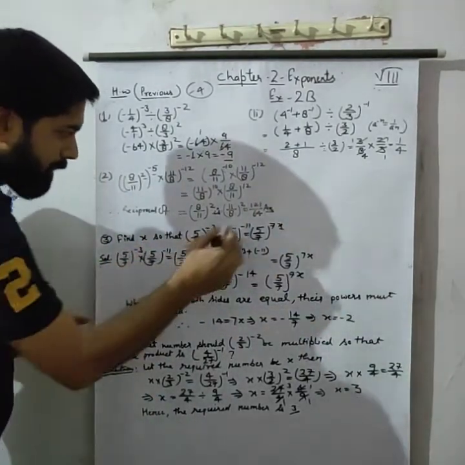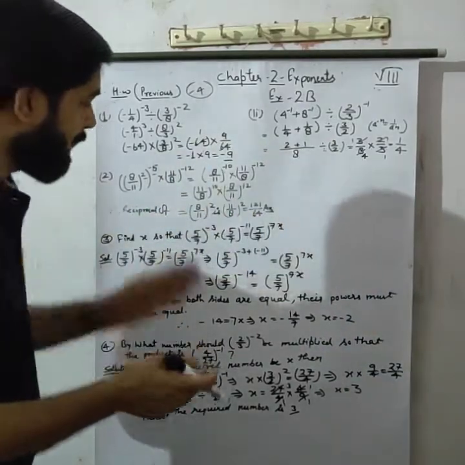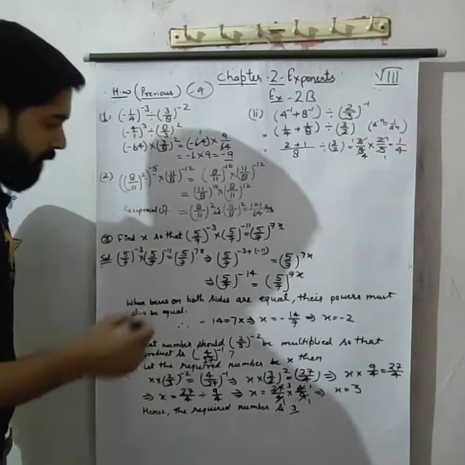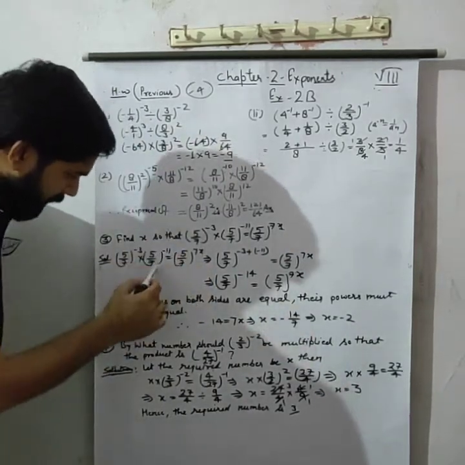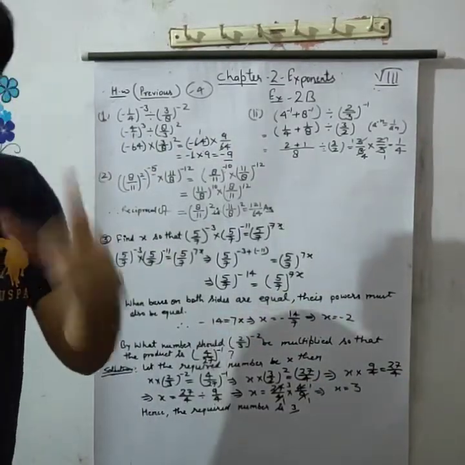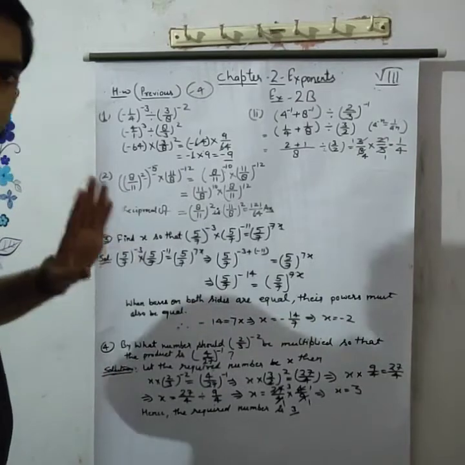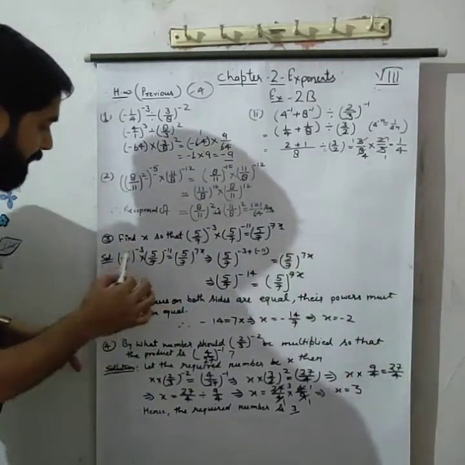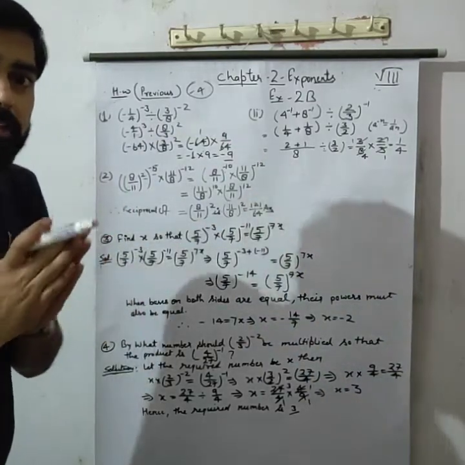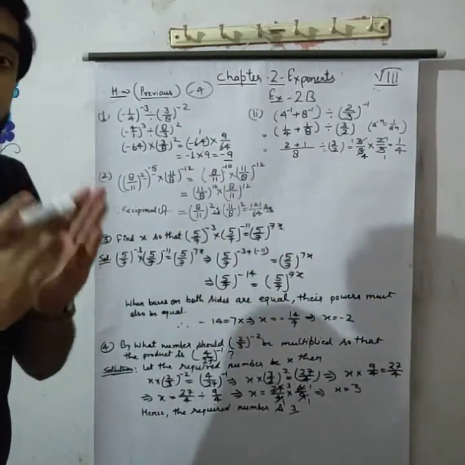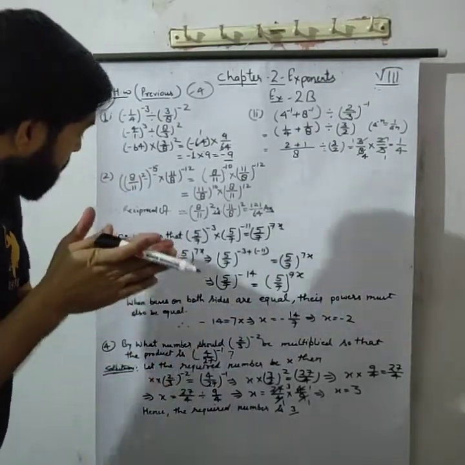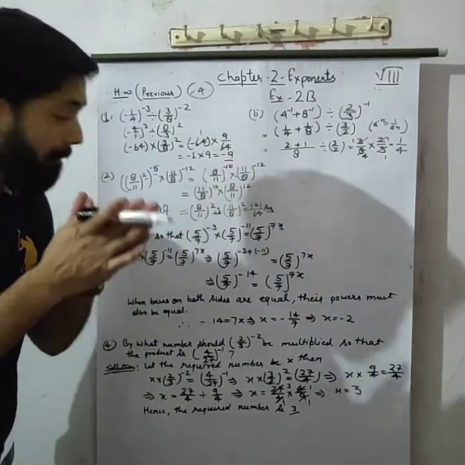So look here, this part is the left hand side, and look at the right hand side. What is given on the left hand side and what is given on the right hand side? On the left hand side, 5 upon 7, 5 upon 7. Both bases are the same here. Yes, good. Then 5 upon 7 and 5 upon 7 and powers. The bases are the same, so how can we solve? Which rule can we use? Multiplying powers with the same base. Then we can add the powers. If the bases are the same, then we can add the powers.